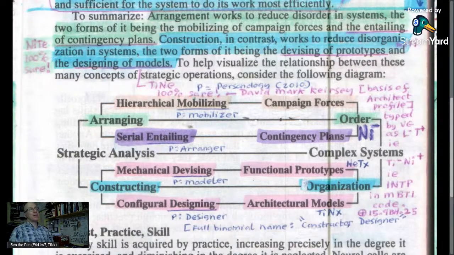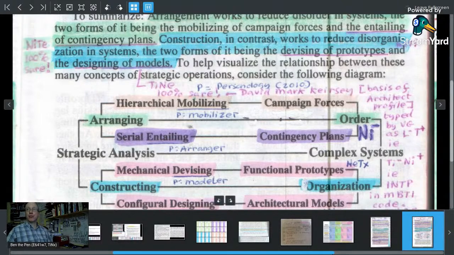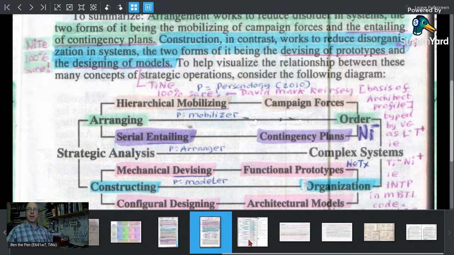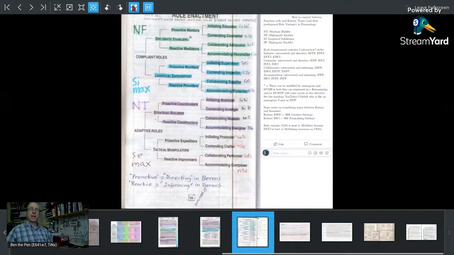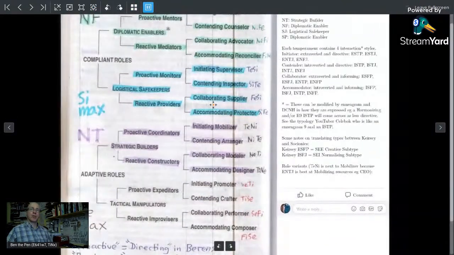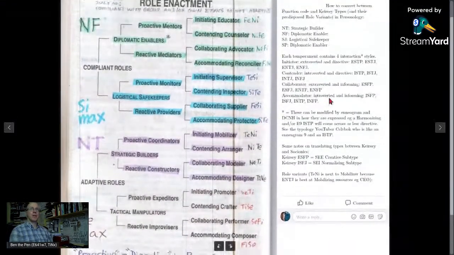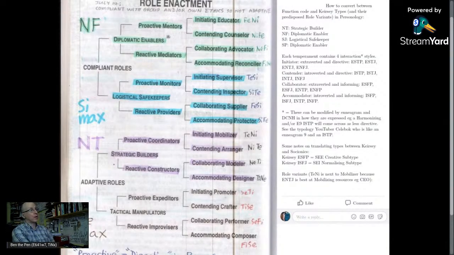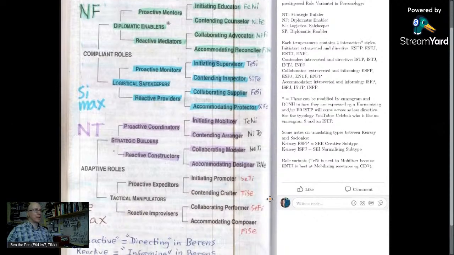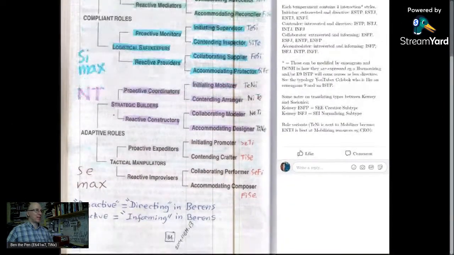So this is why Keirsey came up with socially intelligent roles that we can sort of judge all of the types against. And so he came up with these 4 IQs: the diplomatic IQ, the logistical IQ, the strategic IQ, and the tactical IQ. And he was in World War II, David Keirsey. So I'm just gonna, right, that's SE max. Just think SPs.